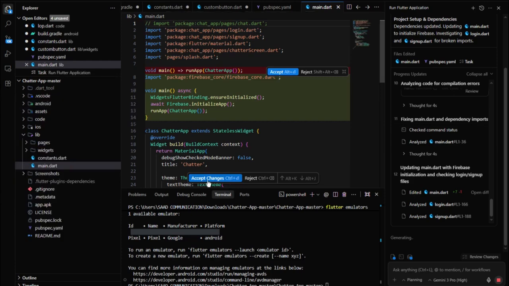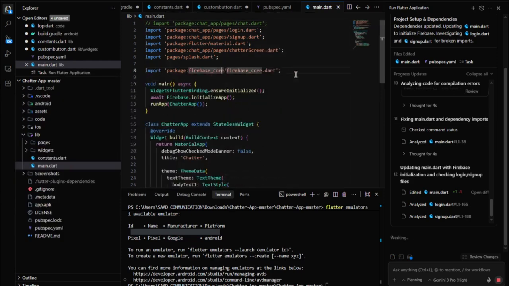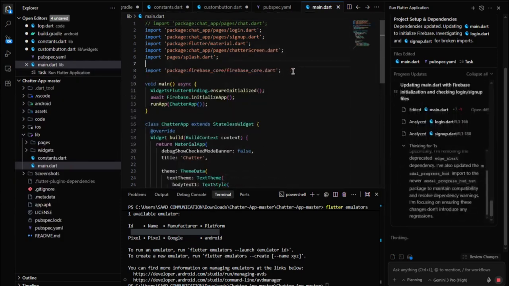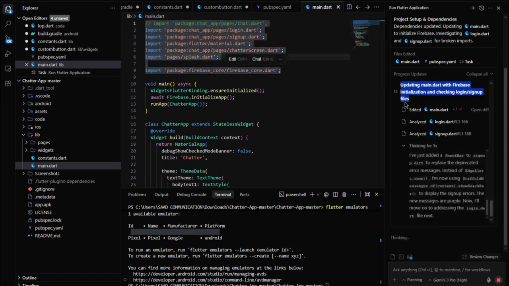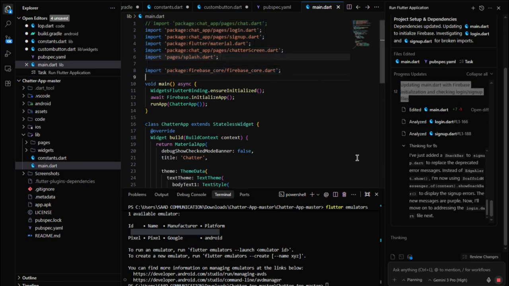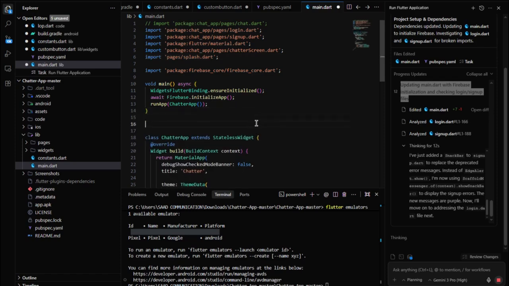Now we need to accept changes, so it will change all the dependencies which are not upgraded. Okay, it is now updating my main.dart with Firebase initialization and checking login and sign up files as well. But now right here in main